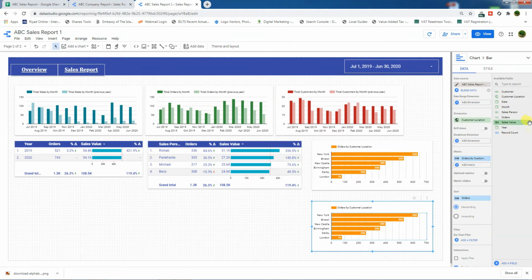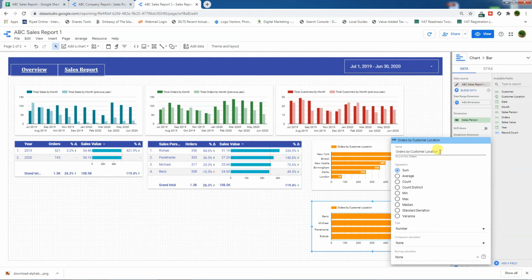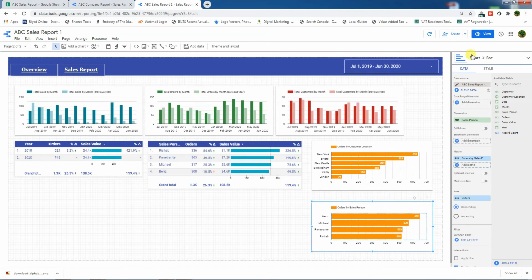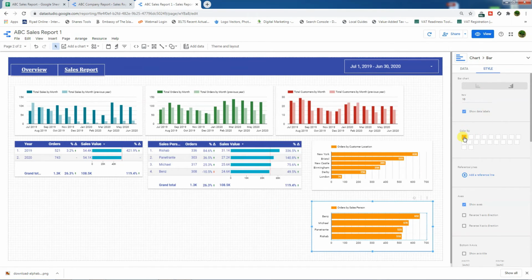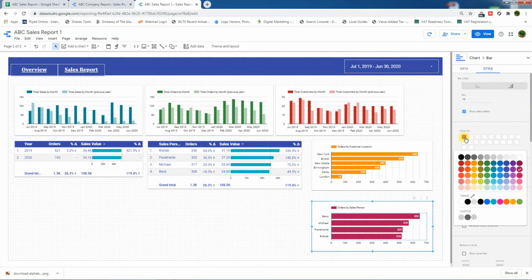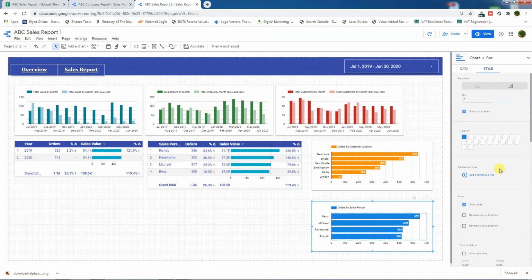by salesperson, like how many orders each salesperson got. The dimension will be salesperson, like Benz got this many orders, and here we can change the sum name to orders by salesperson. Go to style and change the color. It's looking like a very bad color. Okay,